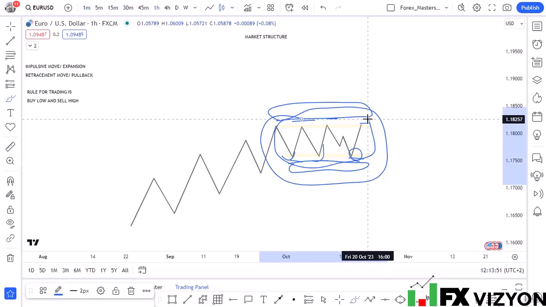Then we also said that there are three conditions in which the market exists. We have an uptrend market, which is made up of higher highs and higher lows, where the expansion will be breaking highs and the retracement will be respecting the previous lows. We also say there's a downtrend where the market is made up of lower lows and lower highs, where the expansion will be breaking the lows and the retracement will be respecting the highs. And also we said that there is